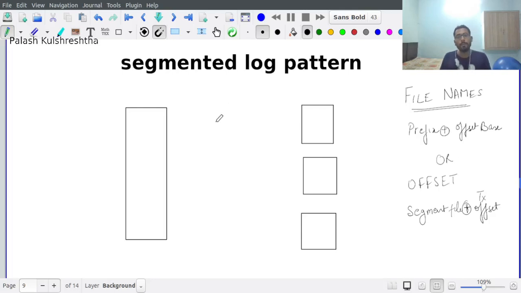Today we are going to discuss another design pattern in distributed systems called the segmented log pattern. Now this is a very easy pattern. In distributed systems, we have now and again seen multiple patterns which utilize write-ahead logs or log files, where the data is sequentially written in a log file and it keeps on increasing as the data is appended